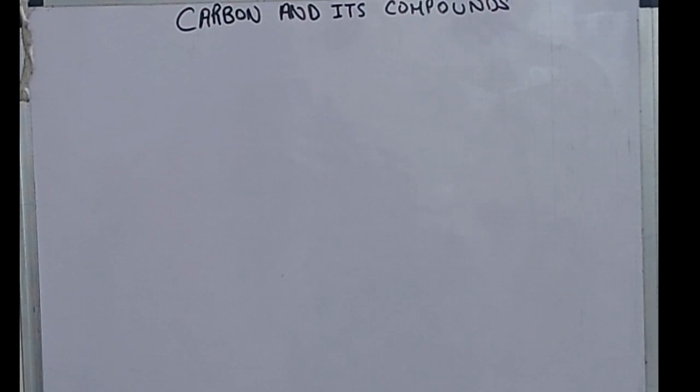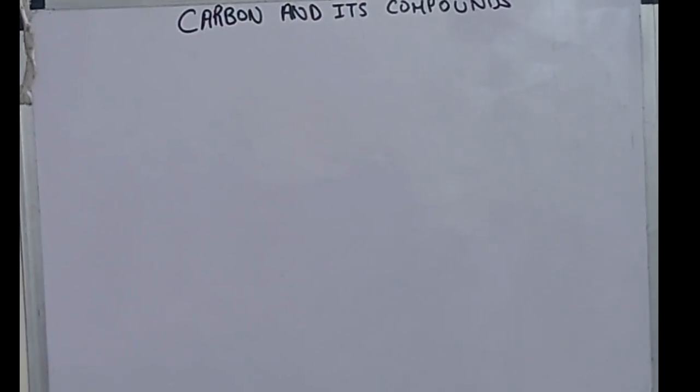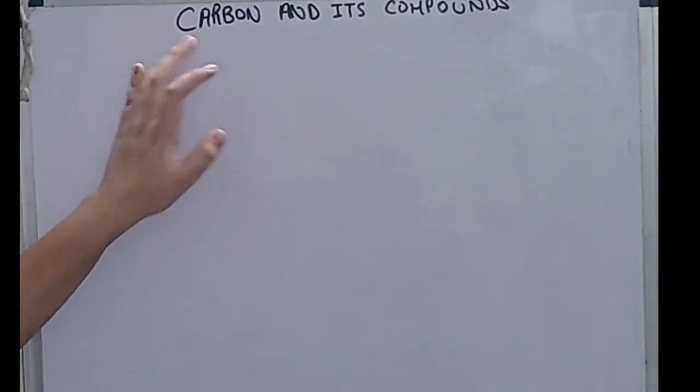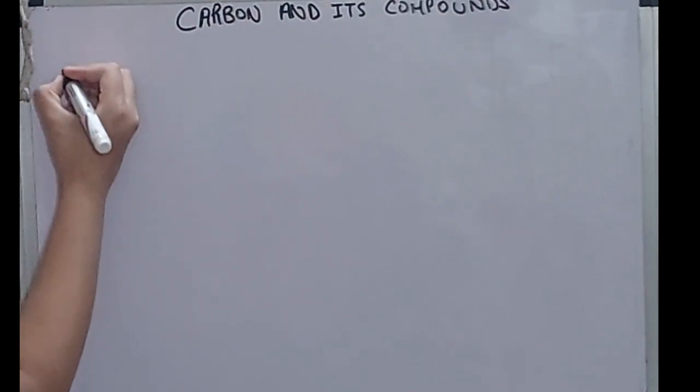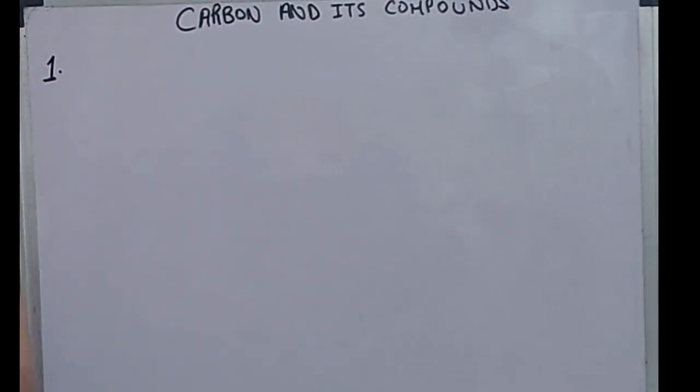So today we are going to learn about its chemical properties. Yes, you heard me right. The chemical properties of carbon and its compounds. We learned many things about carbon, about how many allotropes it has, what the functional groups are, how to name it, and so on. And now we are going deep into the chemical properties of carbon. So one very common, very famous property of carbon is